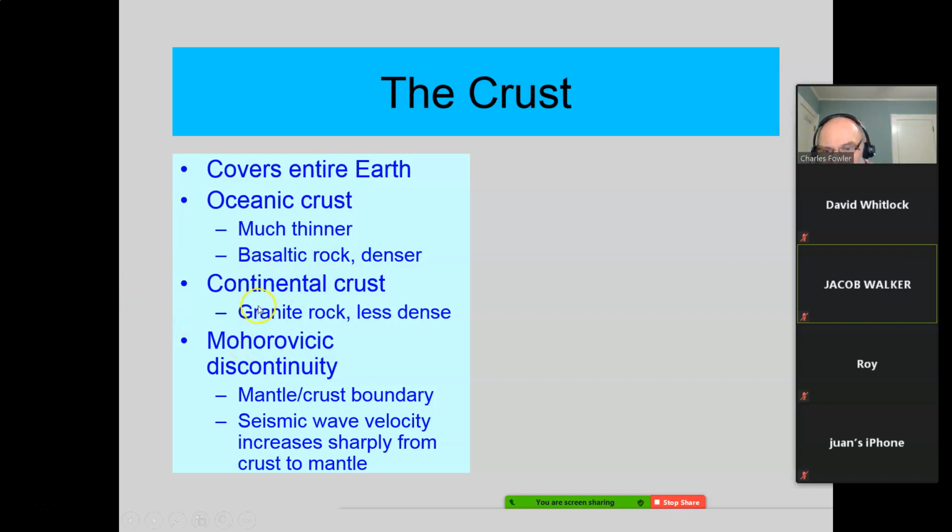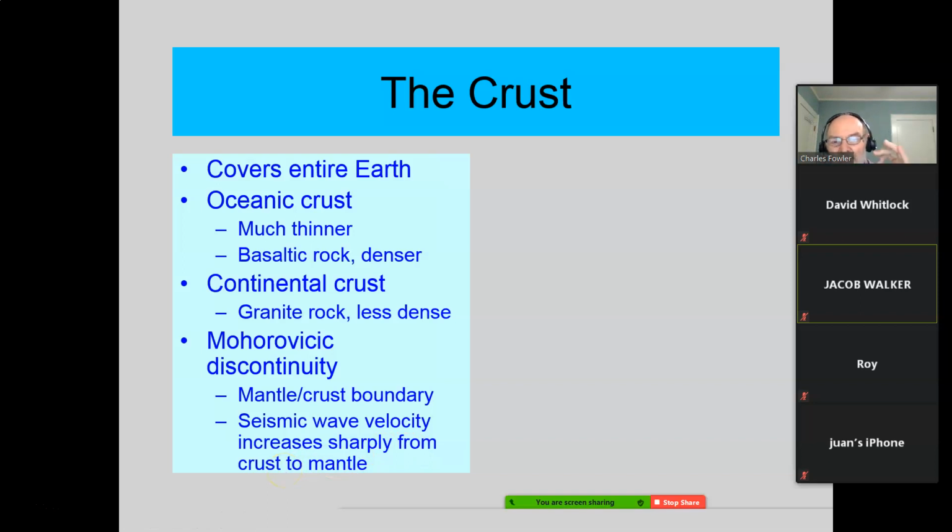Okay. Now, in between the crust and the mantle is this, and good luck with pronunciation here. The best I can come up with is Mohorovicic discontinuity. Okay, it's the mantle crust boundary, and the crust is low density, and the mantle is very high density, and that creates this discontinuity. Okay, the seismic wave velocity increases sharply when you go from crust to mantle, which to